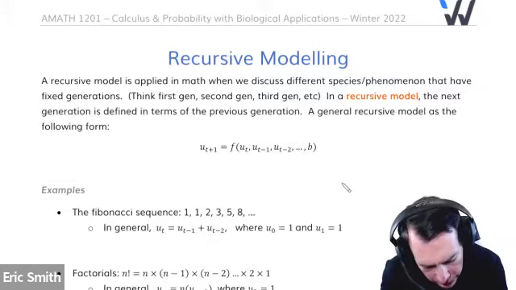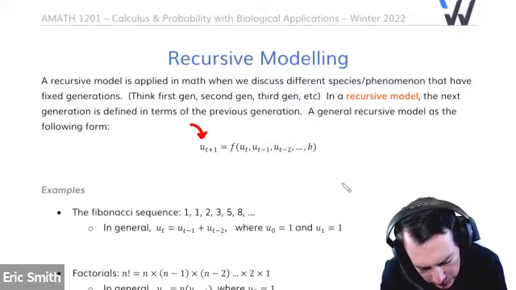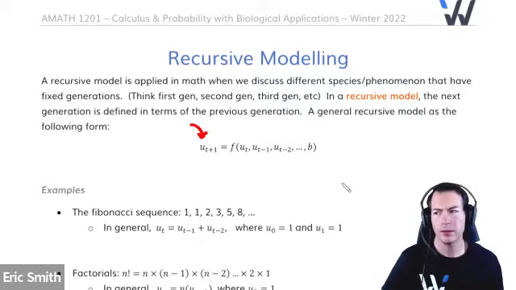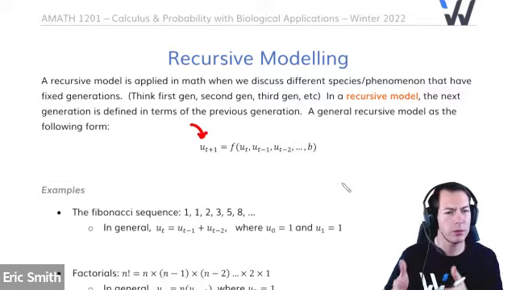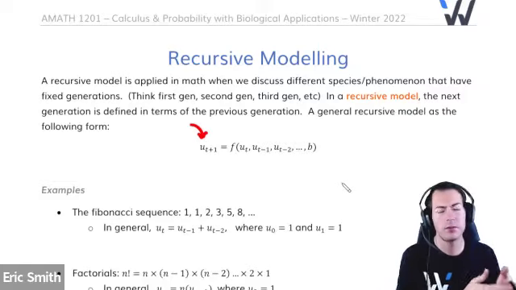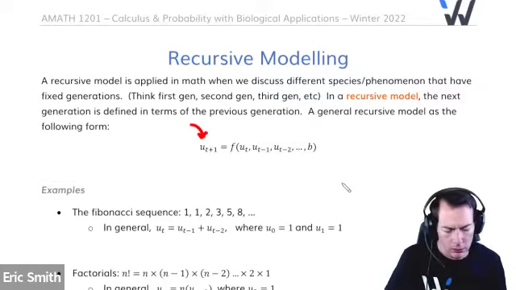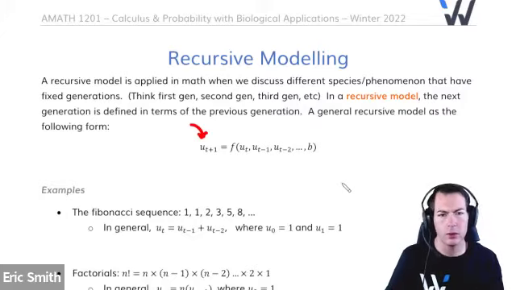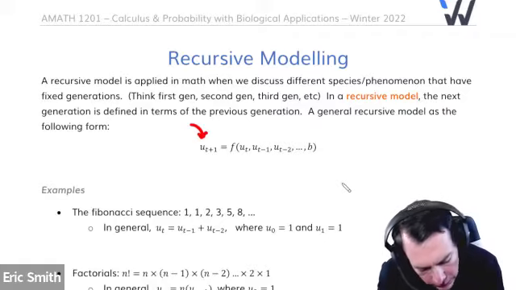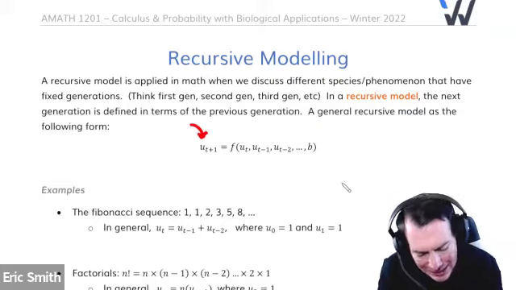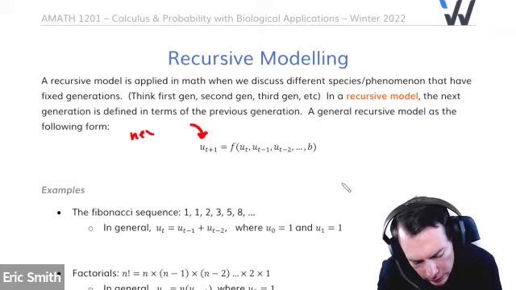You'll notice that there's a lot of subscripts with this notation here, but it's really trying to get across that concept that what's happening in this new generation is affected by the things that came before it. So in this case, I'm using U to maybe stand for a population, and the t in this case is some sort of time parameter. So in the very next year, or the next time, I'm going to say the next generation,